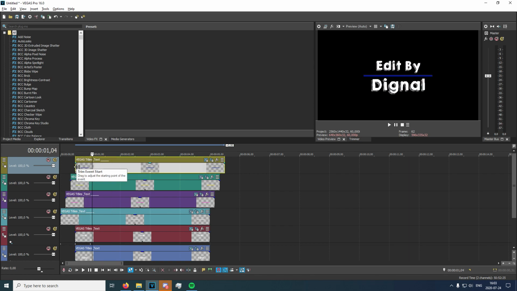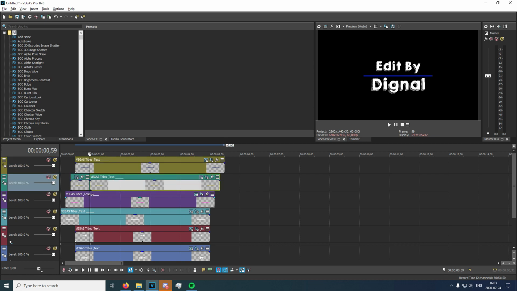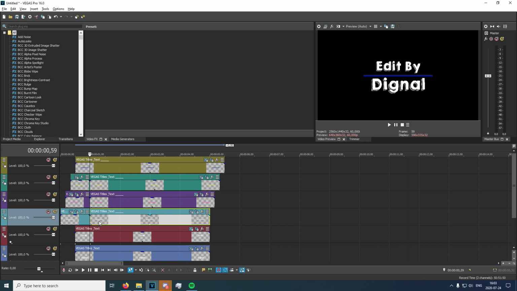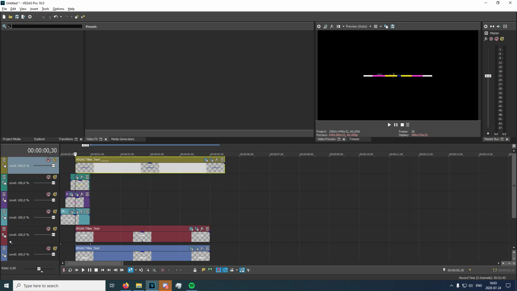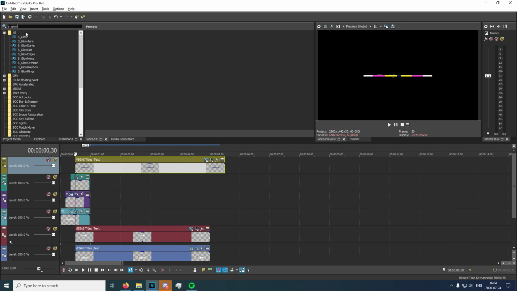Now, once the line is done, you're just gonna want to go ahead and split these just 1 frame before. Split that. And right here we're gonna want to search for Zqoh in your video effects. If you don't have Sapphire, you can use regular glow, but I would recommend Zqoh for this because it's just easier and you don't really have to change that many settings. So you're just gonna want to apply glow right here,